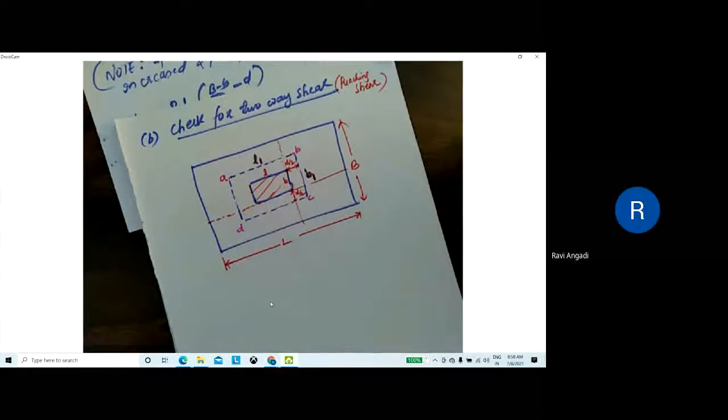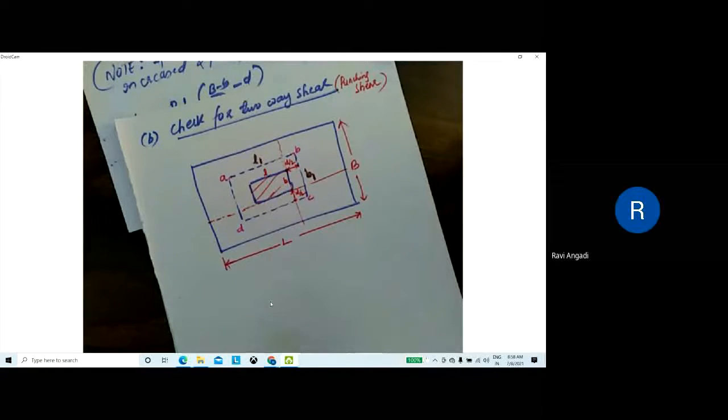Now we have to check whether the provided depth is sufficient to resist the punching shear or not. Already we have provided the depth of the footing, so we need to check whether the depth is sufficient for resisting the punching shear.